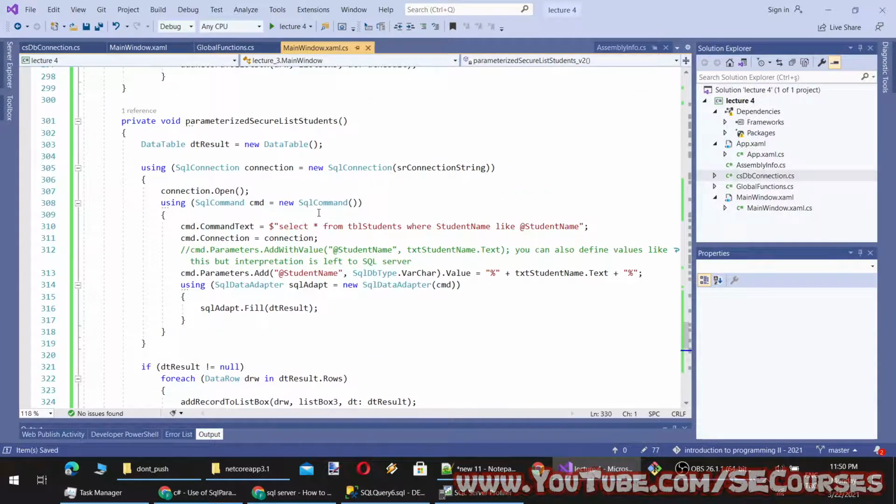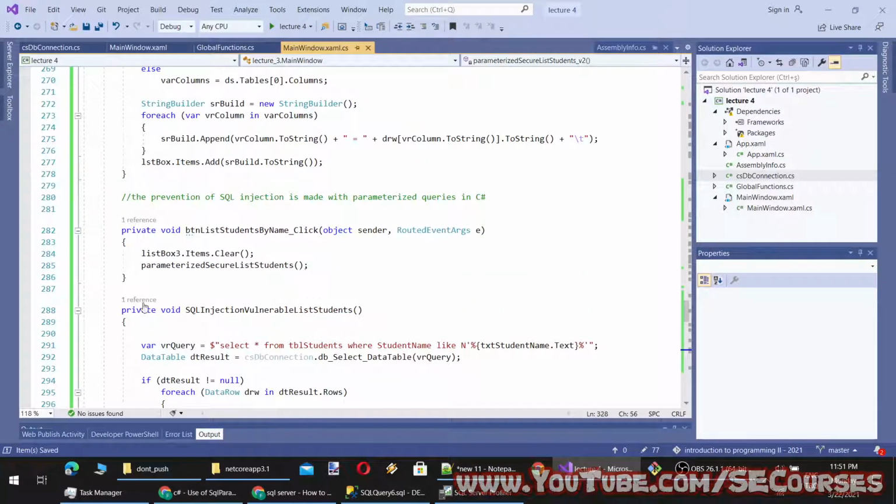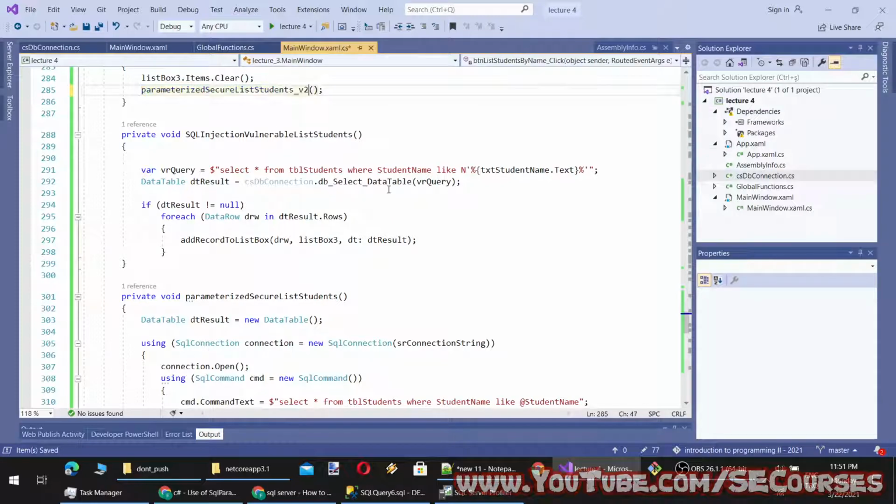Now, instead of version 1, we will call version 2 and see whether it is working or not.